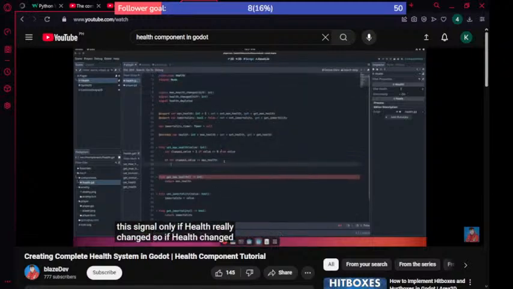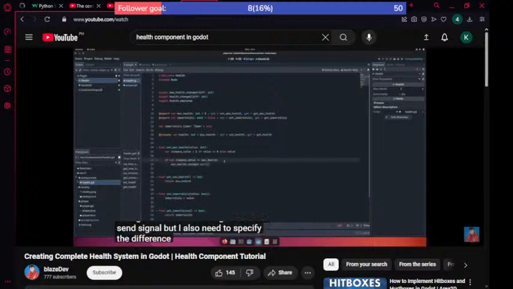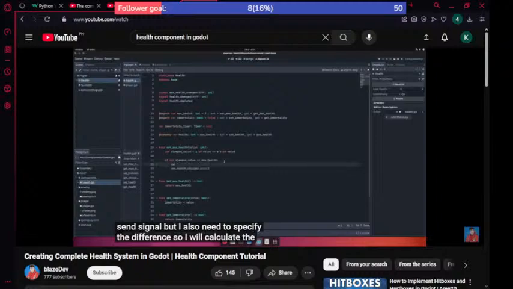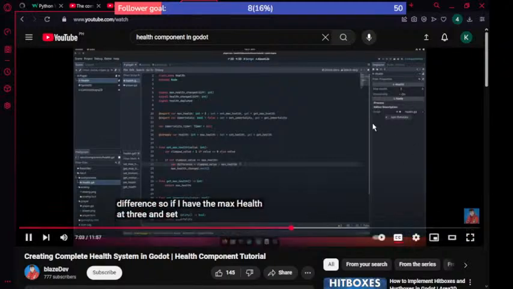So if health changed, I want to send the signal, but I also need to specify the difference, so I will calculate the difference. And if you use this order, so clamped value minus max health, you will get the difference with the sign corresponding to the exact difference. So if I have the max health at 3 and set